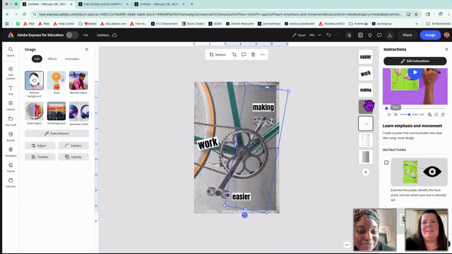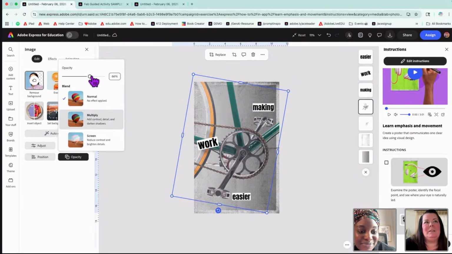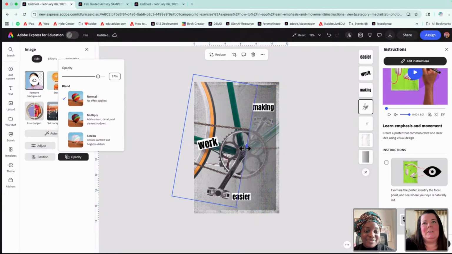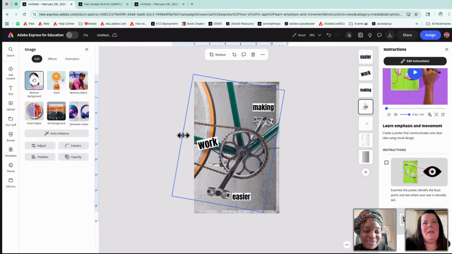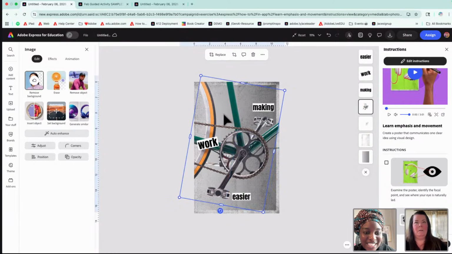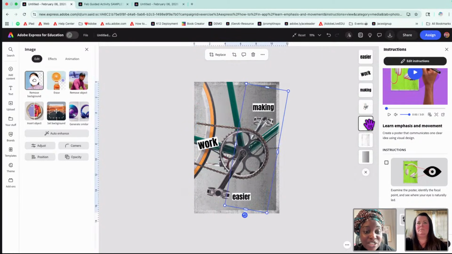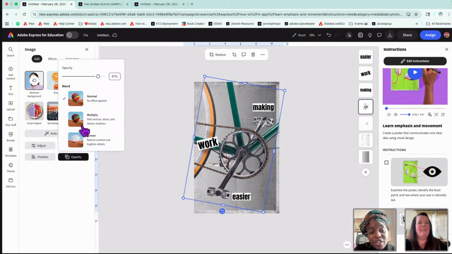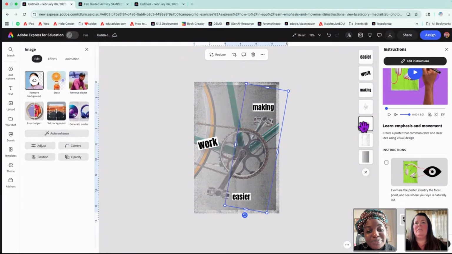I need to play with the opacity of the one on the top layer because I pulled it down, but if I made it more bold and bright, and then I need to pull this back. Hang on, I'm not pulling the right one. I know what you're going for, but I'm just not grabbing the right one. That's all right. And you can even switch the opacity if it's only pulling from right to left. I need to drop the back one, the one that now this one I'm gonna pull and make that